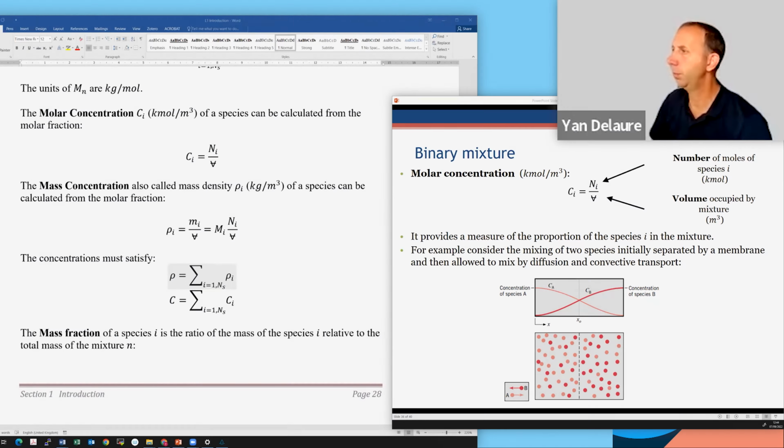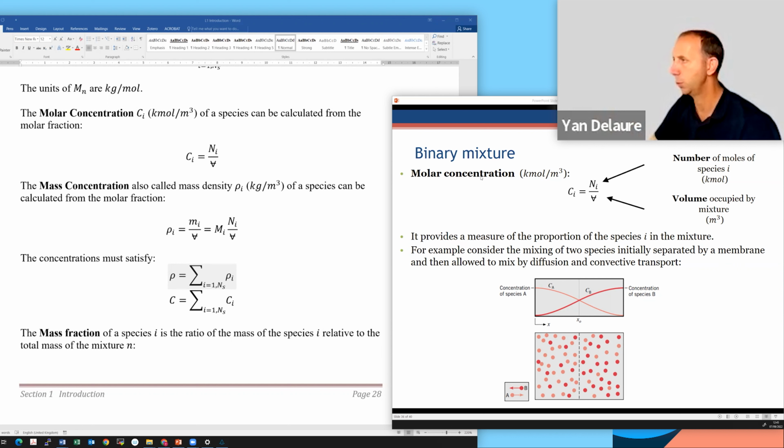So we're starting with the definitions of a mixture. We've already introduced the terms, but we'll have them listed here from slide 36 on. So binary mixture, that's what we're talking about. We need to be able to quantify the number of particles or moles per unit volume, and that's what we